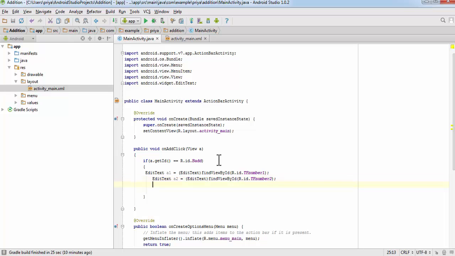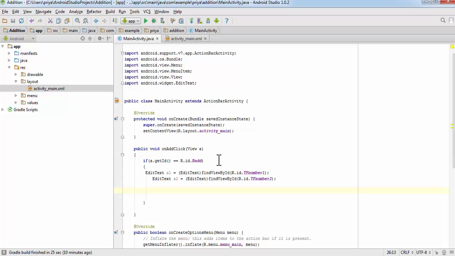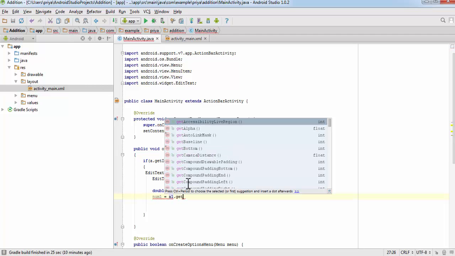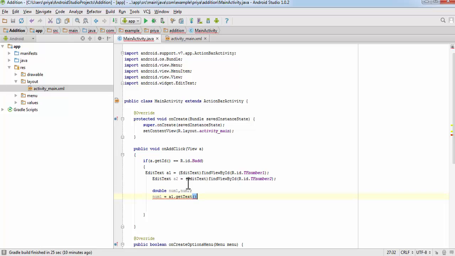Now to add them, we need to change their data type. They are in edit text, we can't add them directly, so we need to change them to double. So we'll create two double variables, double num1 and num2, and num1 equals a1.getText. It will fetch the text from a1 edit text and we'll change it toString, so it will get converted to a string. And now we need to convert it to double.